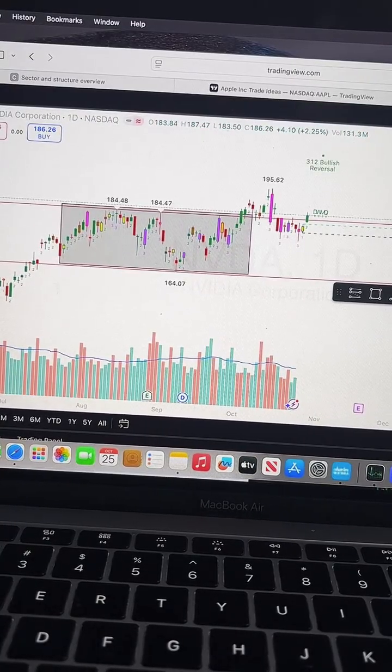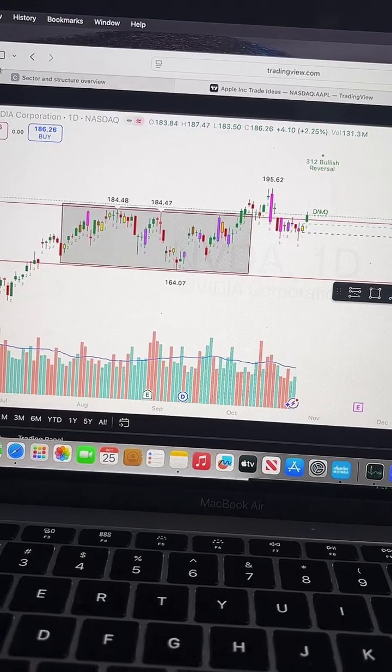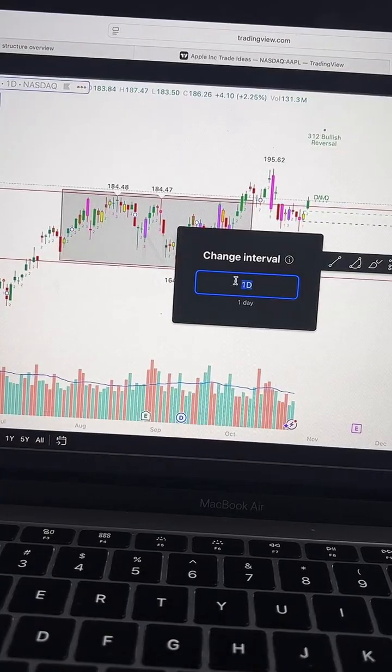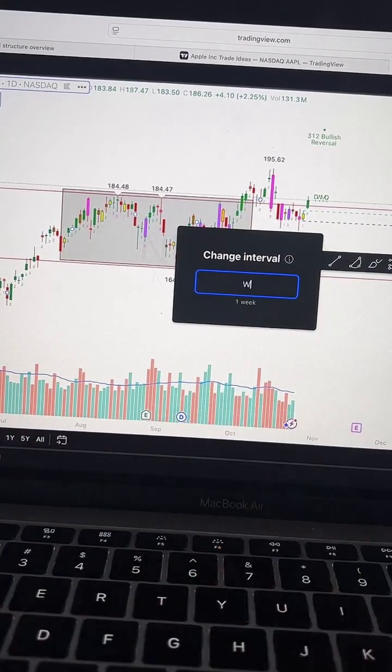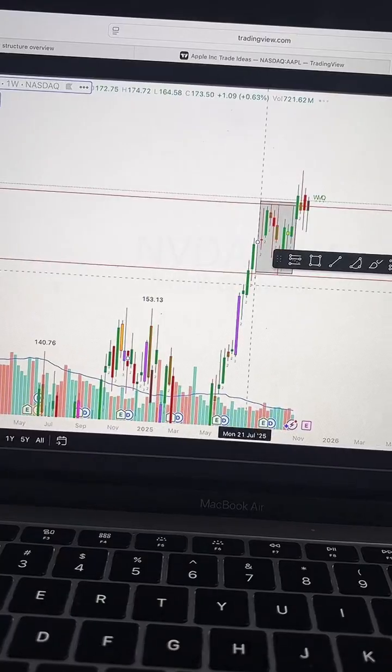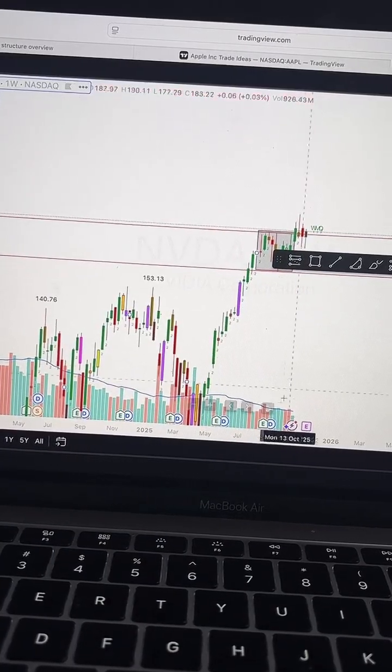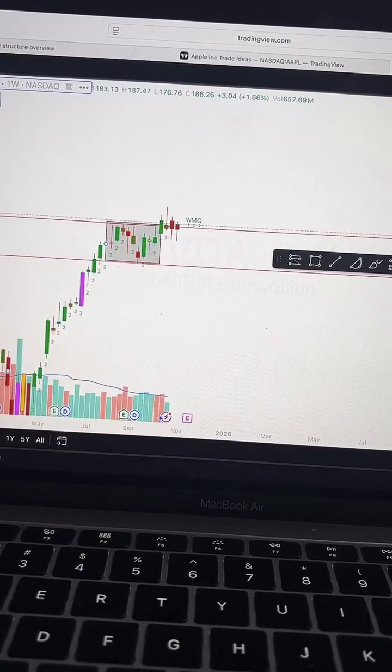And let me change my thing. My charts weren't loading for some reason, like the weekly. Let me see if I could change it here. Can I change it here? Oh, yeah. Oh, okay, I never knew that. I usually have them up here somewhere. I don't know where they went. But anyways,